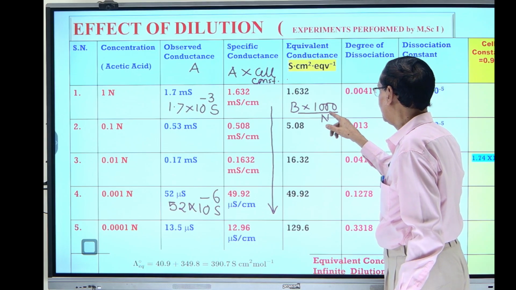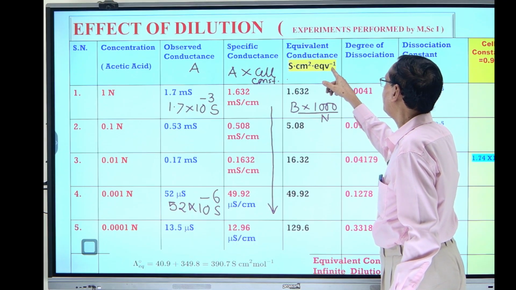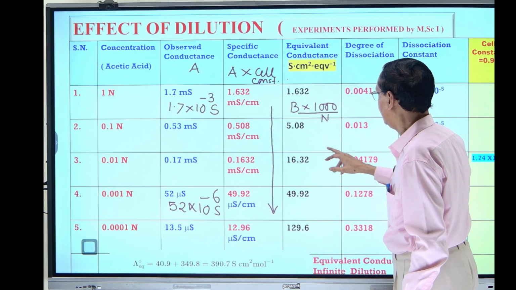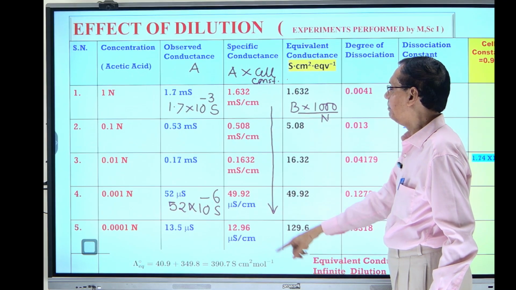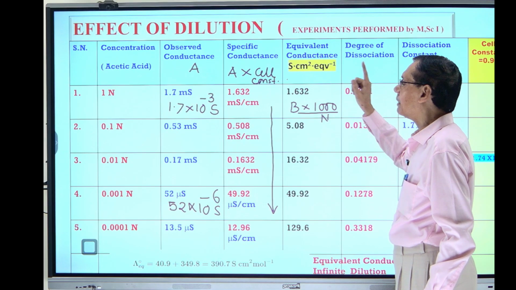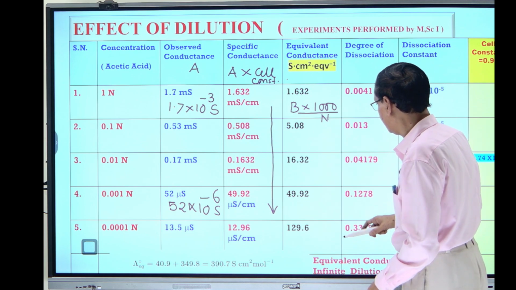So centimeter cube, centimeter to centimeter square, and equivalent or per mole, that you can write centimeter, meter square also you can write that. If the value of specific conductance is in meters, then here it will be Siemens meter square per mole. But here you can see, as we dilute,